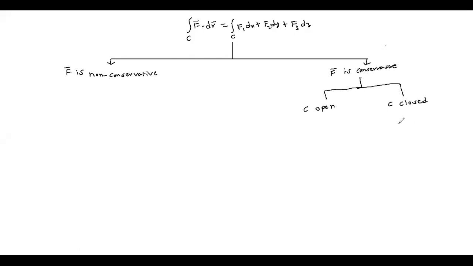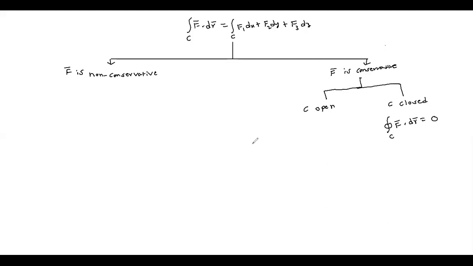If it is a closed curve, then what is the answer? The integral over C of F bar dot dr bar is going to be what? What is the line integral over a simple closed curve in a conservative field? 0. No need to do anything. The answer is going to be 0.